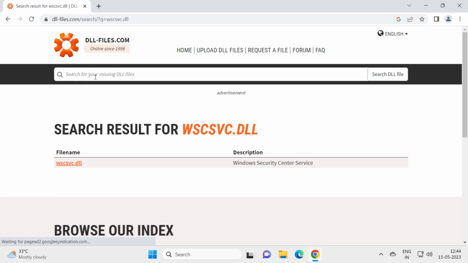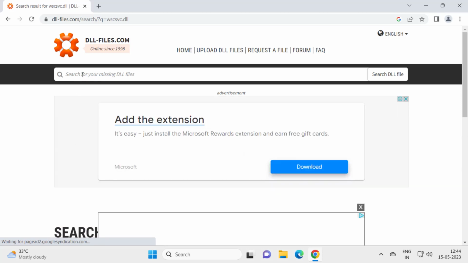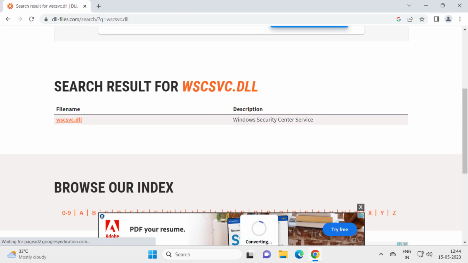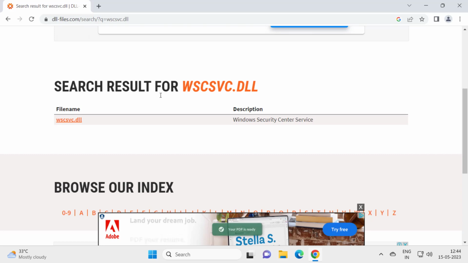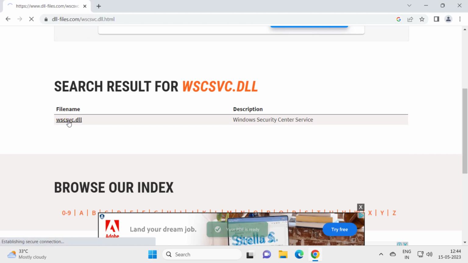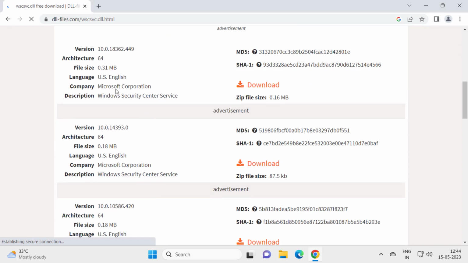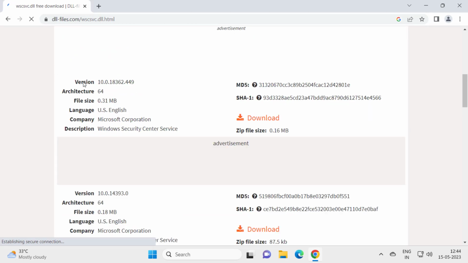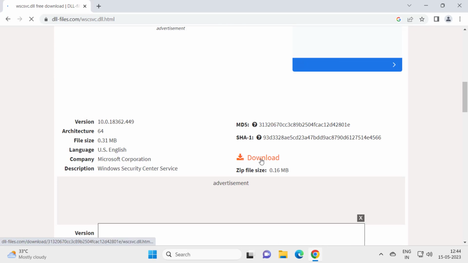Whatever error message you are getting, you just need to search it here. After that, here is the search result for WSCSVC.dll. You need to click on the file name, and whatever latest version you have, you just need to download it. This is the latest version at the top here. You just need to download it. Click on download